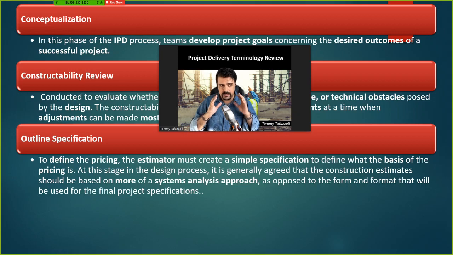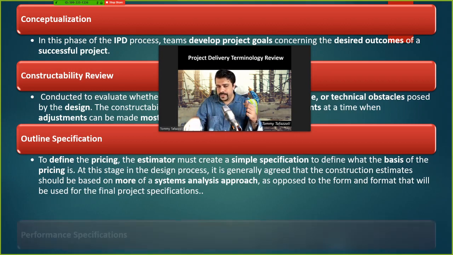If you don't have an outline specification, you might do a very expensive design in one part. It would be very expensive to build, and then for the next parts you might need to compromise on some elements of the design to make it cheaper to compensate for the expensive price of the previous parts. So you don't want this to happen. That's why you identify different parts of the design and the budget capacity for each of them, and then the designers will do the design accordingly.